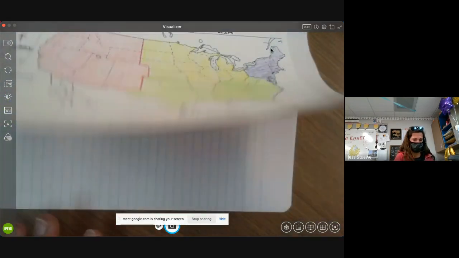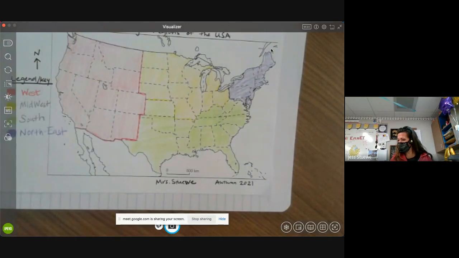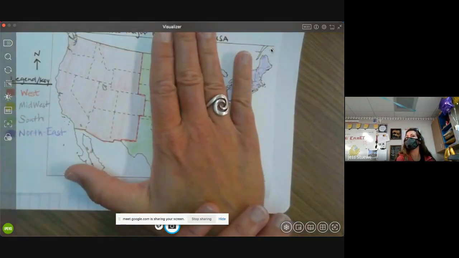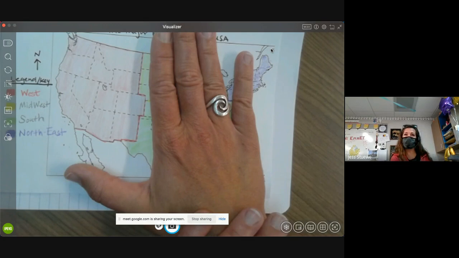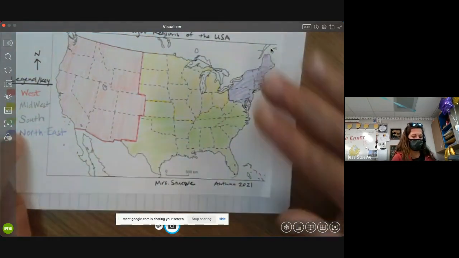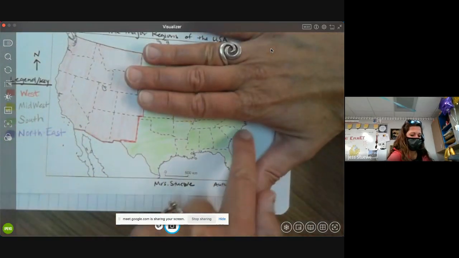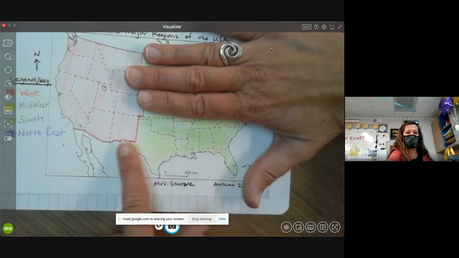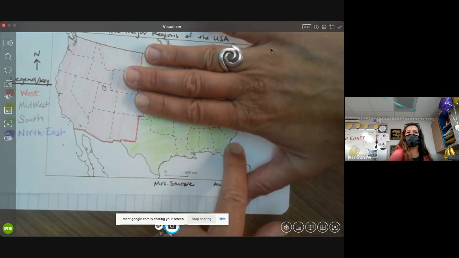All right, then yesterday we were working on this map, and we didn't get quite this far, did we? No. And I think I must have finished this with the other class, because I don't know what happened to your map. All right, so so far, did we do the west? Yes. Okay, we already did the west. What did we call the yellow? Midwest, and we said Midwest is best, and we say that just because we live here in Minnesota. All right, Texas is not Midwest. All right, now the South I colored green. So South is below the Midwest on the map, and it goes all the way to the Atlantic Ocean.